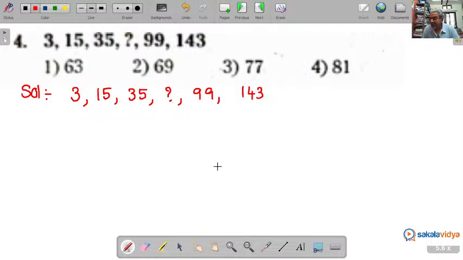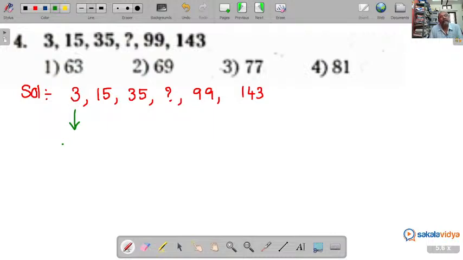So if you observe the series, it is rapidly increasing. When it is rapidly increasing, they may be square numbers, perfect squares, or there may be perfect cubes, or they may follow some geometrical progression pattern. So multiplication may be involved. So that means actually here, see, now if you observe, this 3, for example, here it is nearer to the 4, a perfect square.